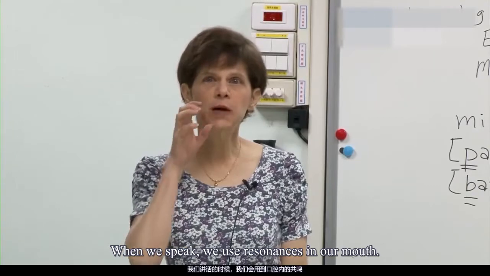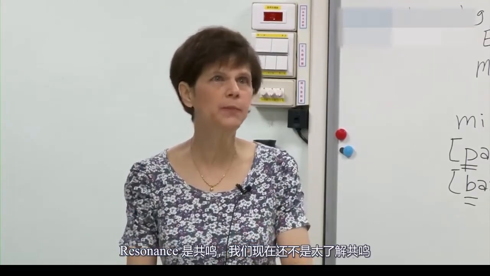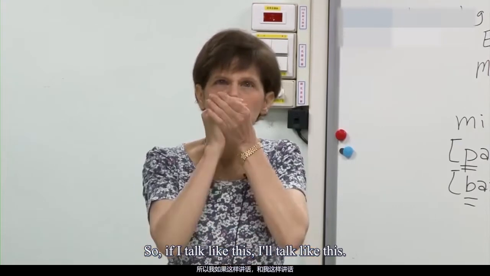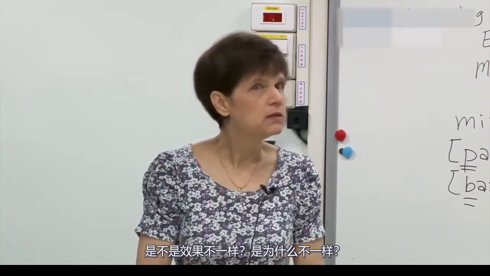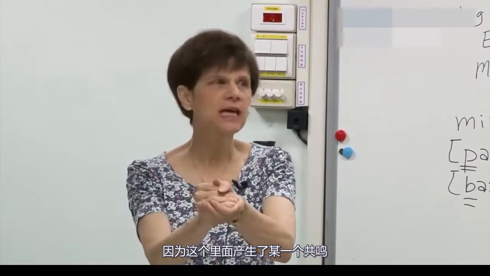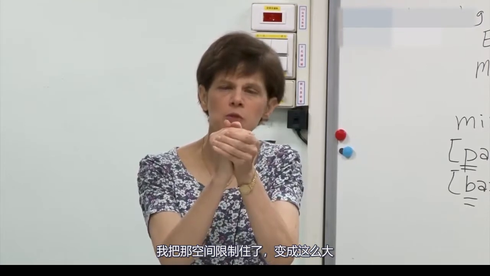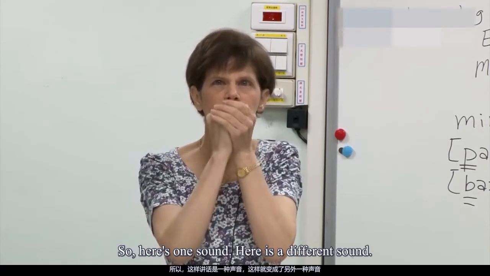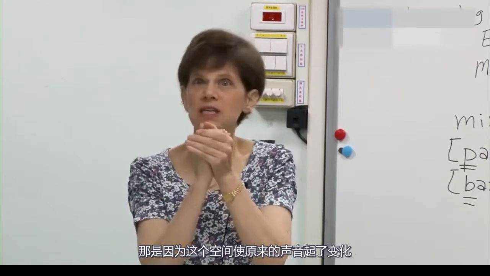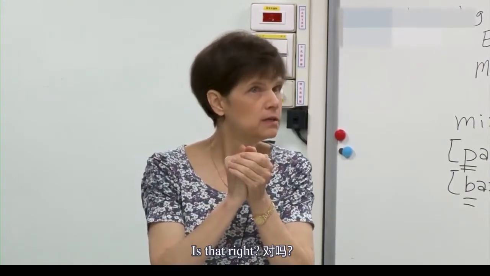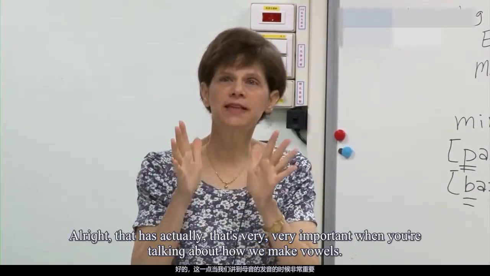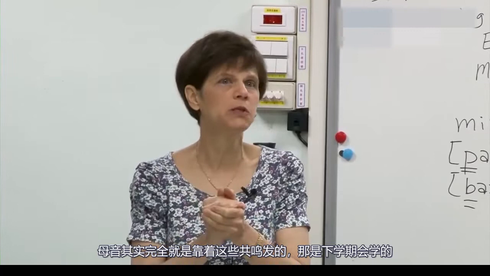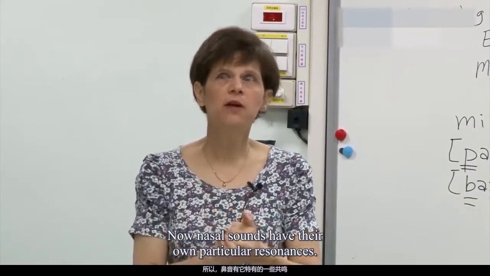When we speak, we use resonances in our mouth. Resonance 是共鸣，我们现在还不是太了解共鸣，可能下学期才会讲得很细。可是因为有个口腔，so if I talk like this or I talk like this, 是不是效果不一样？因为这个里面产生了某一个共鸣，我把那个空间限制住了，变成这么大，那就是刚好他喜欢的频率会被加强。So here's one sound, here's a different sound. 那是因为这个空间使这个原来的声音起了变化。Is that right? 对吗？All right, that's very, very important when you're talking about how we make vowels. 母音其实完全就是靠这些共鸣发的，那是下学期会学的。